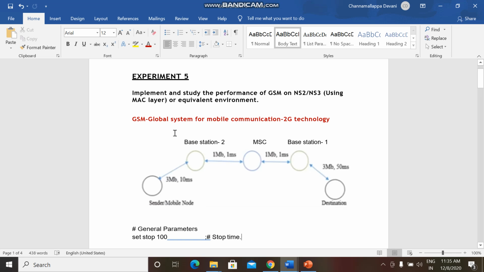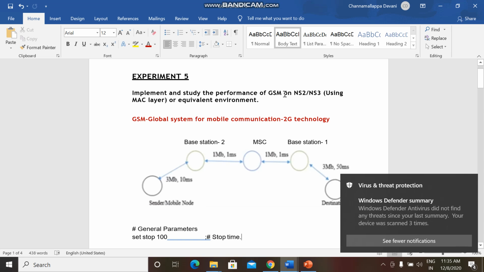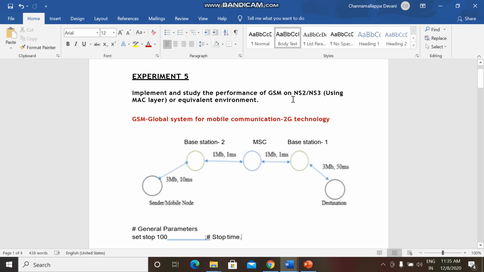Even though the module of GSM, that is Global System for Mobile Communication, is present, we will not be able to plot an animation file for GSM with the help of this NS2 simulator tool. So we are actually creating an environment for 2G technology, and we are not having any NAM file for this experiment, as I told.